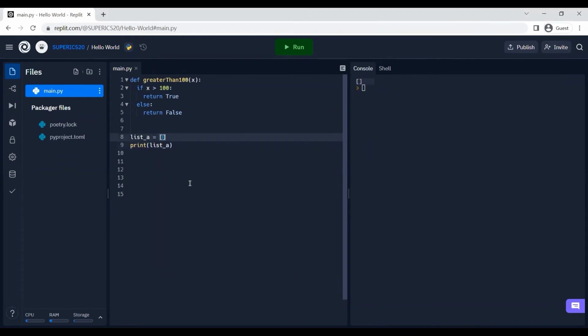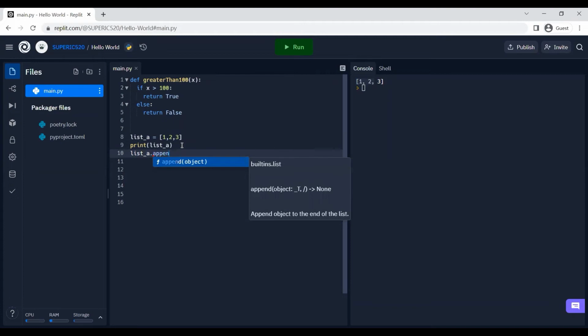Now, how do we add things into it? Well, we could just do 1, comma, 2, comma, 3, and then it has 1, 2, 3 in the list. Yay. But now what if we want to add things to lists? Here's where interesting things happen. So I have list A, right? And we need